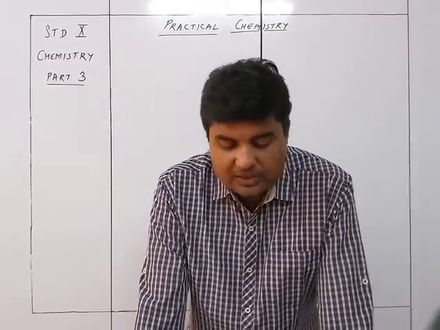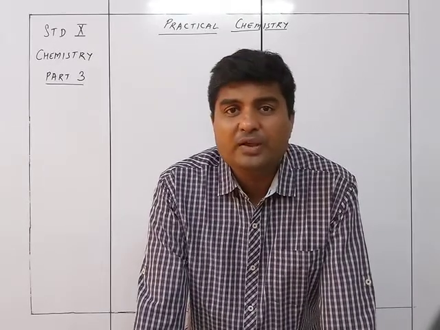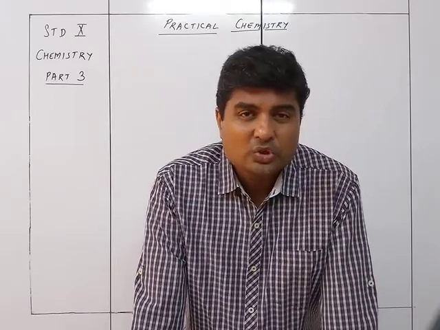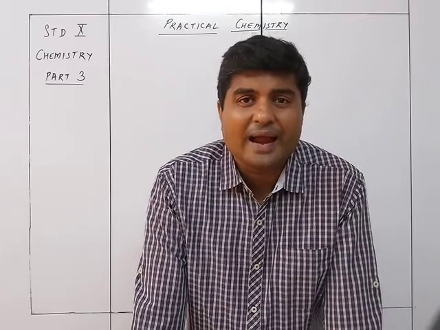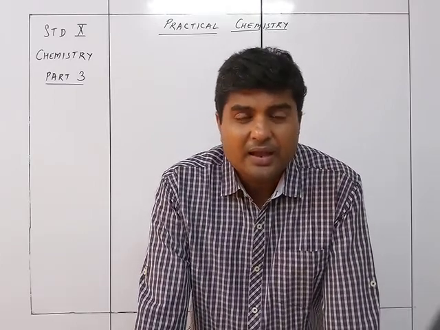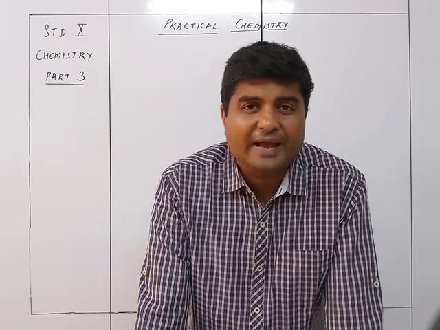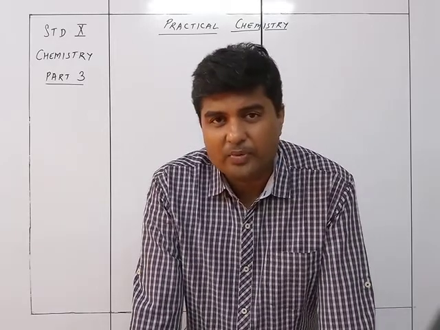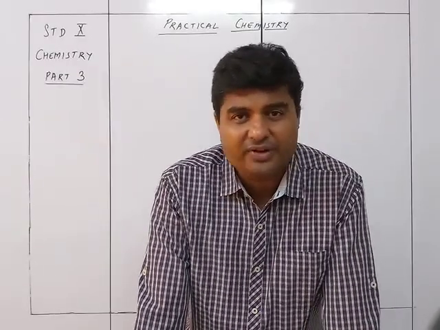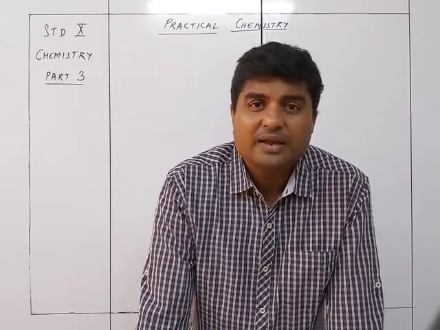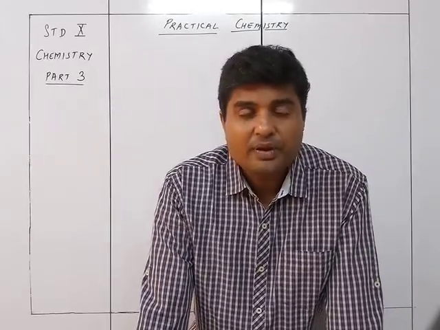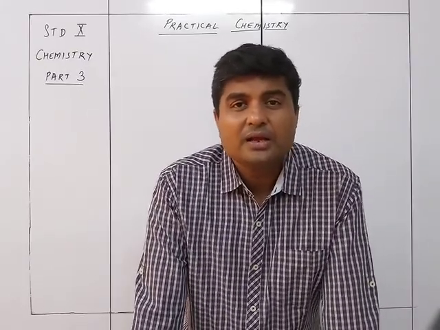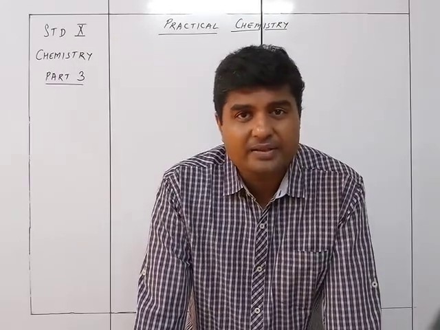So this particular change will be your identification for the anion present in the compound. Whenever you have a salt and you react it with an acid, and the result gives you a gas which can be identified as, let's say, carbon dioxide, then you know it is a carbonate. If it is identified as sulfur dioxide, then it is a sulfite. If it is hydrogen sulfide, then it is a sulfide. If it is nitrogen dioxide, you know it's a nitrate. This way you can identify the anion present in the salt.